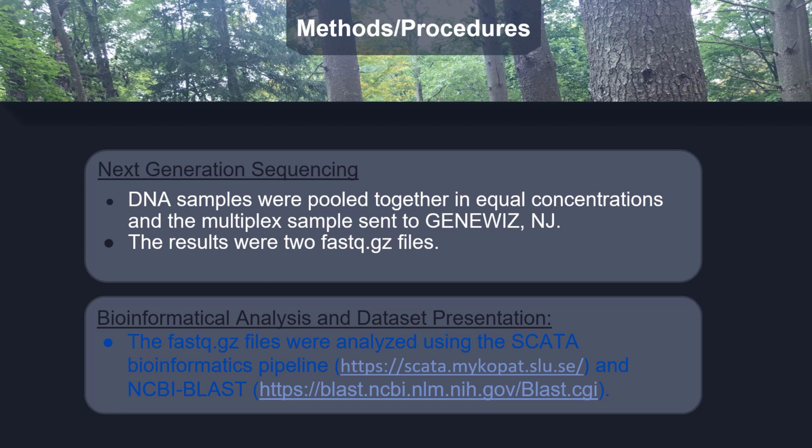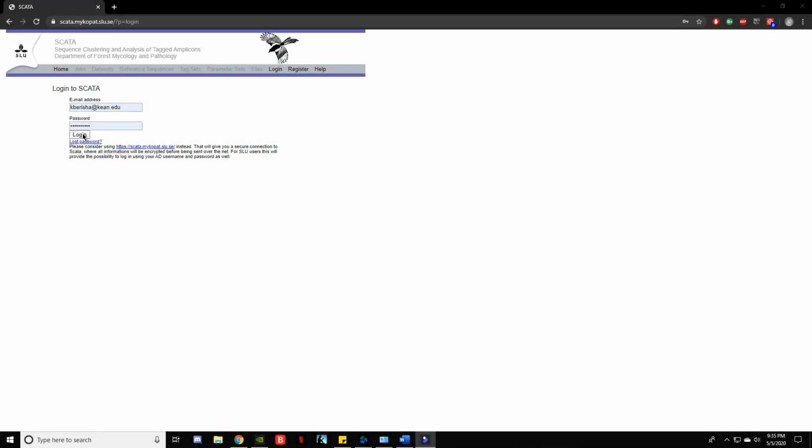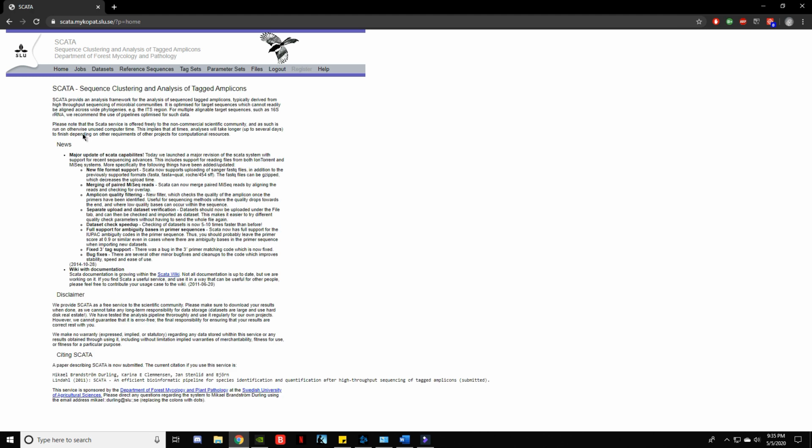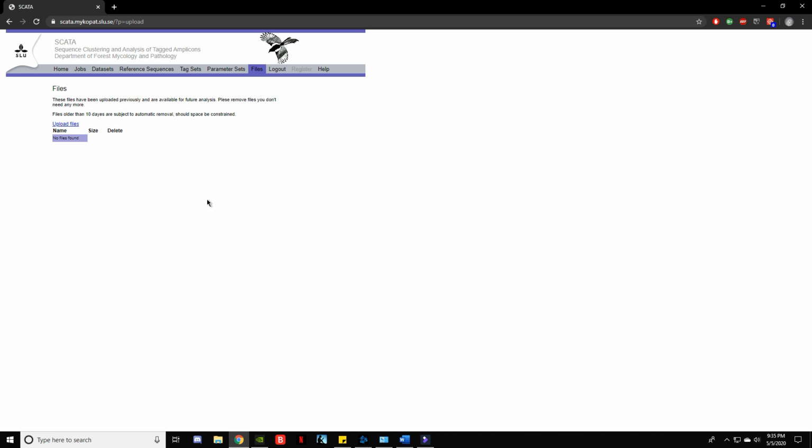The SCADA pipeline was then used, and in order to demonstrate this process more clearly, on the screen will be an accompanying video summary. Once logged in, we first upload the file we've obtained from Genoese. Those very files contain the previously mentioned PCR fragments. Then we upload a primer and tag set, which allows the software to sort the files by grouping the data